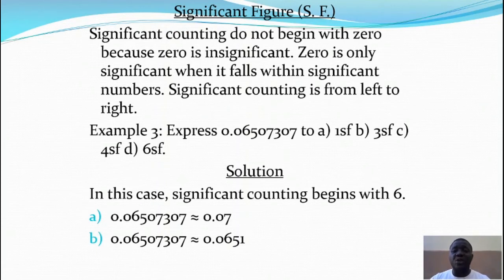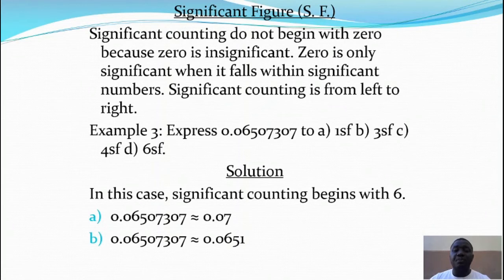So when you want to count, you start from 6. Once significant counting starts, 6 is our first significant number. So it becomes our required point. So we look at the next number. Is it among the 0 or the 1? So that means that 5 is among the 1. So add the 1 to 6, it becomes 7. So that is why our answer is